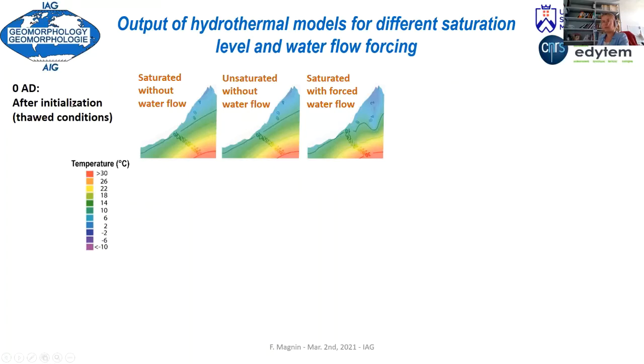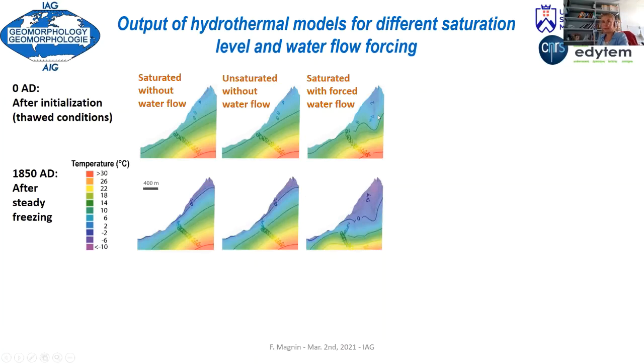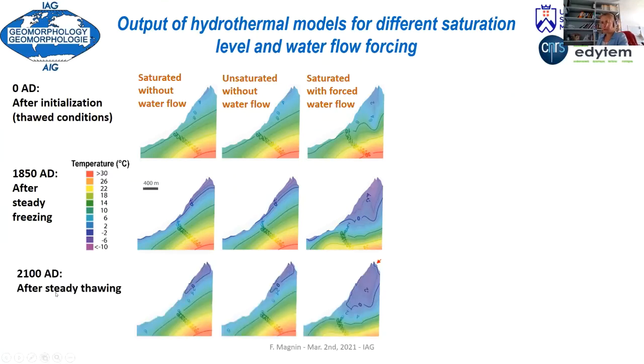And we see that after initialization, when we run the model with positive temperature for many years, we have the same temperature pattern. But for our third case, which is saturated with forced water flow into the fractures, we have a different temperature pattern. We see that the water drags the cold from top to bottom, and it is colder at depth. Then when we steadily freeze the rock mass, so we create the permafrost body, we have a greater or deeper permafrost body when there are water flows, because still the water drags the cold from top to bottom. And finally, when we steadily thaw the rock mass, so we run positive temperature at the surface,